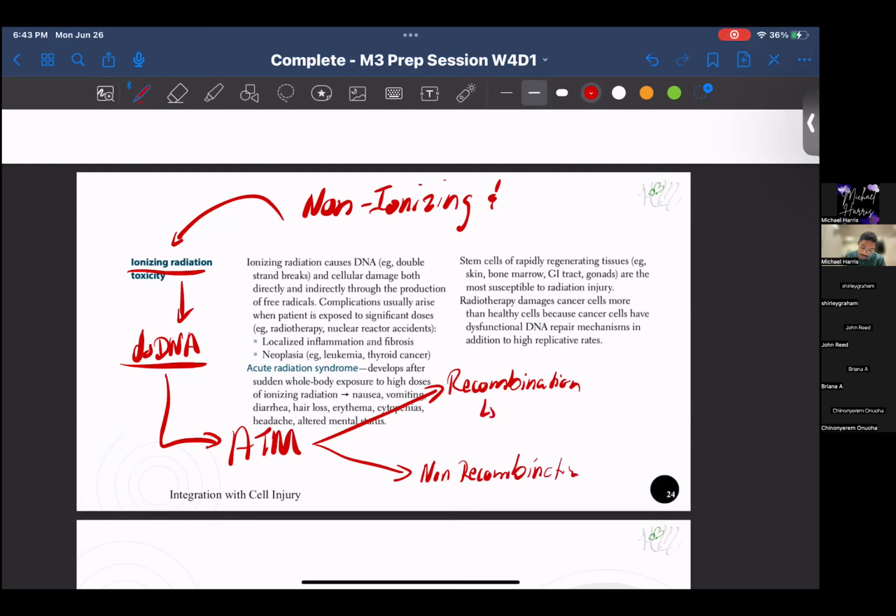Recombination is whenever you have pre-S phase, so you don't have a sister chromatid, and the non-recombinant one is when it's post-S phase. Okay? Now,